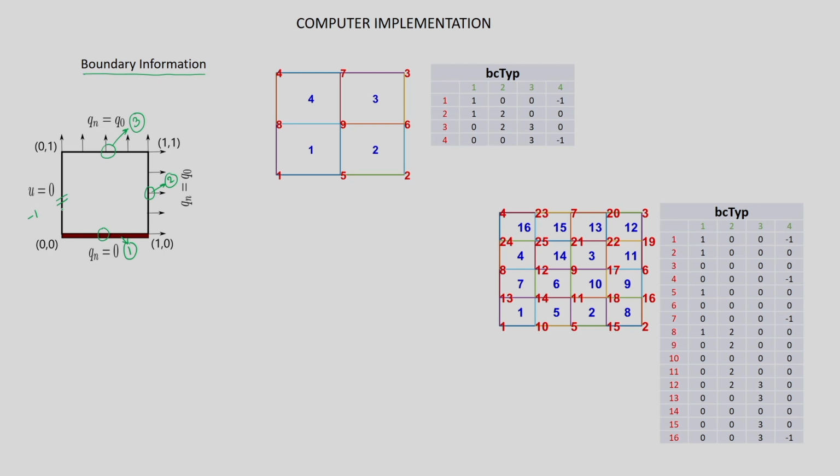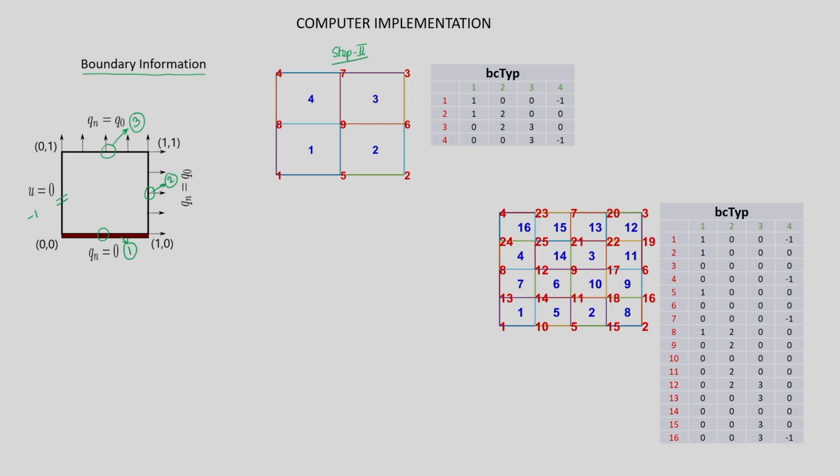If there would have been more than one Dirichlet boundary, then we would have used -1, -2, -3 and so on. So a minus sign denotes the Dirichlet boundary, a positive number denotes the Neumann boundary, and any internal edge is denoted as 0. Alright. So let us look at the mesh for step 2.